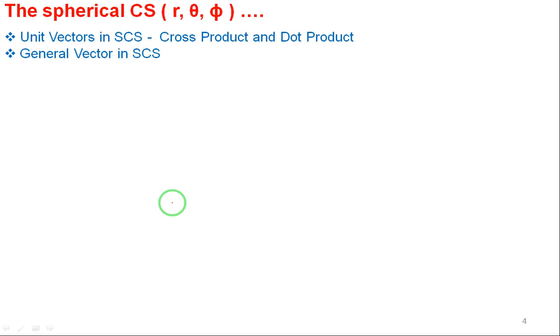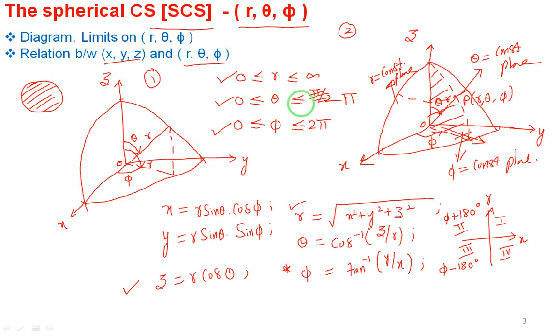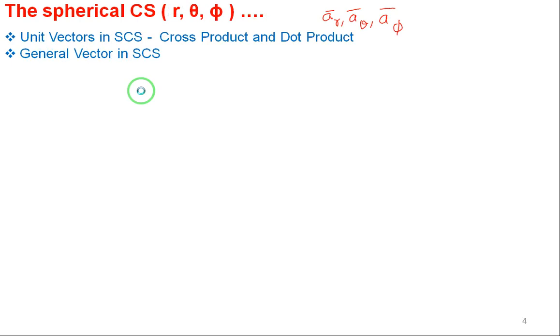Okay, once again we have seen the unit vectors in the Cartesian and cylindrical coordinate systems. Next, the unit vectors in the spherical coordinate system. The unit vectors here corresponding to r, theta, phi are AR, A theta, A phi. I want to take the cross product and also the dot product of the unit vectors in the spherical coordinate system. So I will go to the previous slide and show you the unit vectors clearly. I will draw one more diagram, no problem, because doing everything in the same diagram will confuse you and it will not be clear.